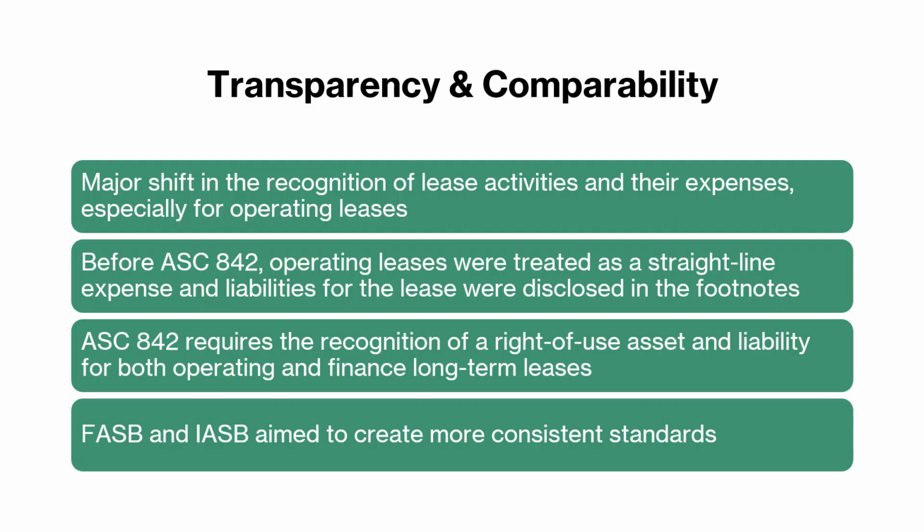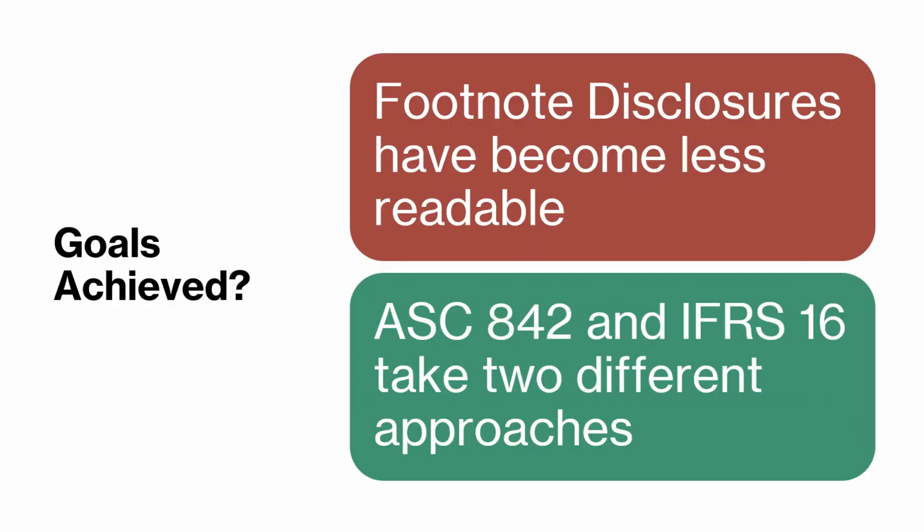Part of the comparability aspect of ASC 842 is that FASB worked with the International Accounting Standards Board. They were creating IFRS 16, and so they were working at the same time to again increase that consistency with how leases were recognized. The articles that I reviewed, as far as the goals for FASB's transparency and comparability, focused on whether